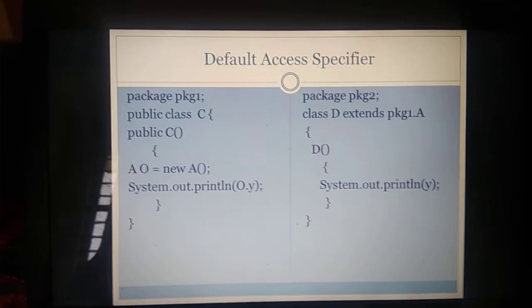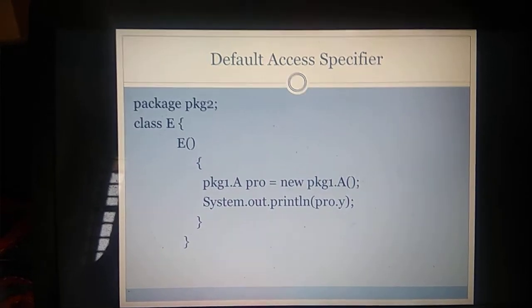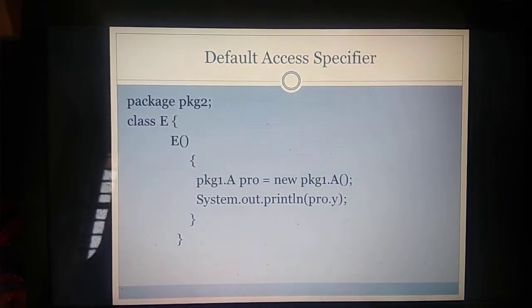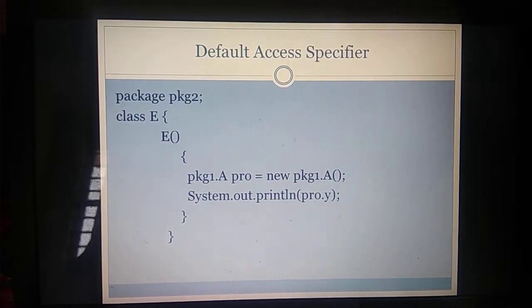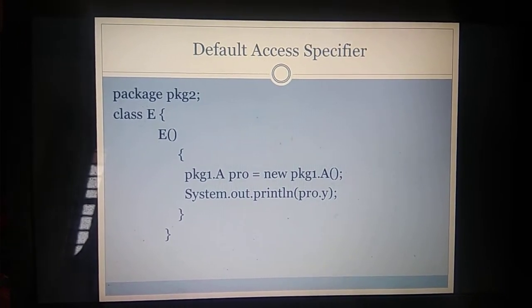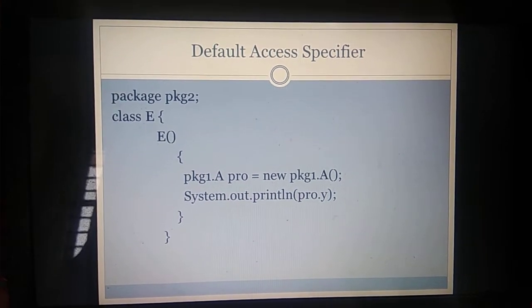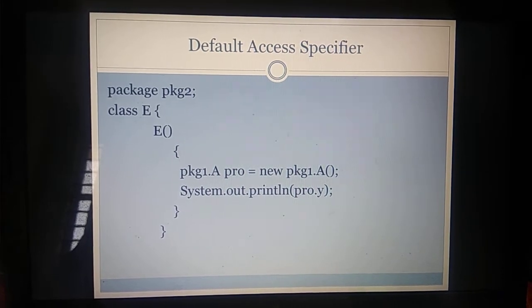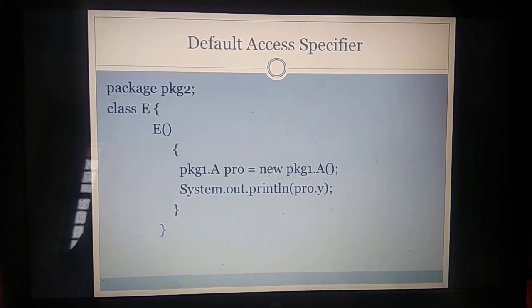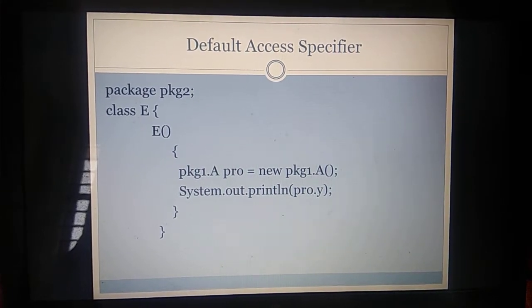Next to this, we are writing one more piece of code inside package 2. We are creating class E, with a constructor inside class E. Then we create an object for class A: package1.A, the object name is pro, equal to new package1.A.